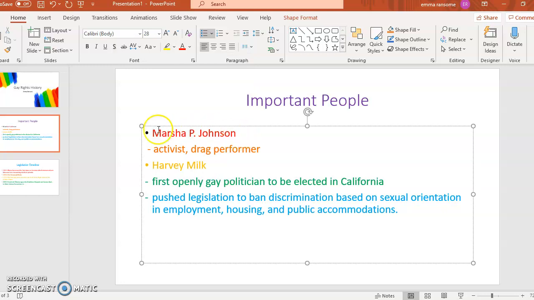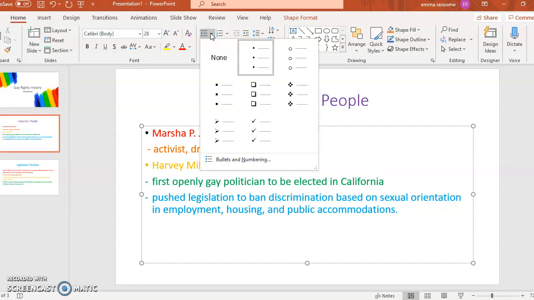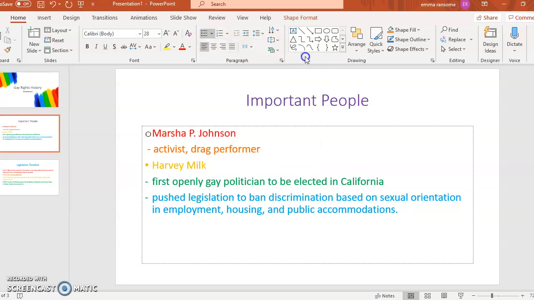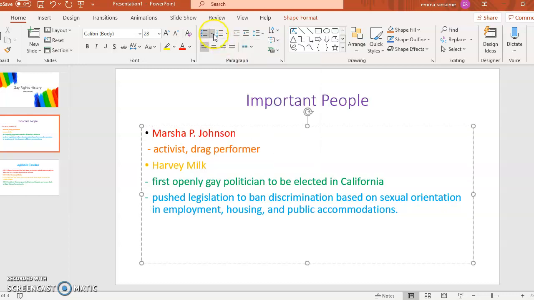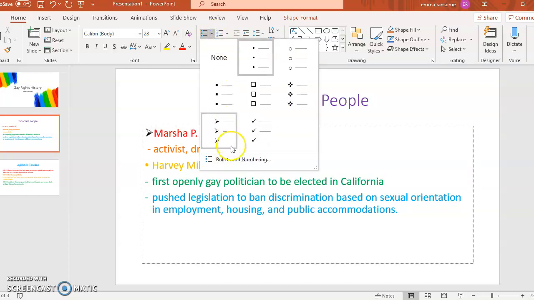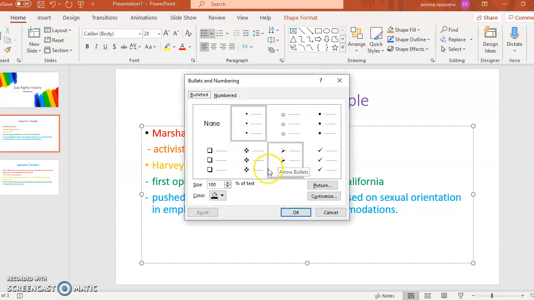Another thing that we are going to need to do is change the bullet point so that it's all more uniform. So you go up here to this little bullet points tab and you click the drop down button. Once you do that, you can change it if you like, or you can leave it just the regular plain bullet point. Come down here to bullets and numbering, click on that,